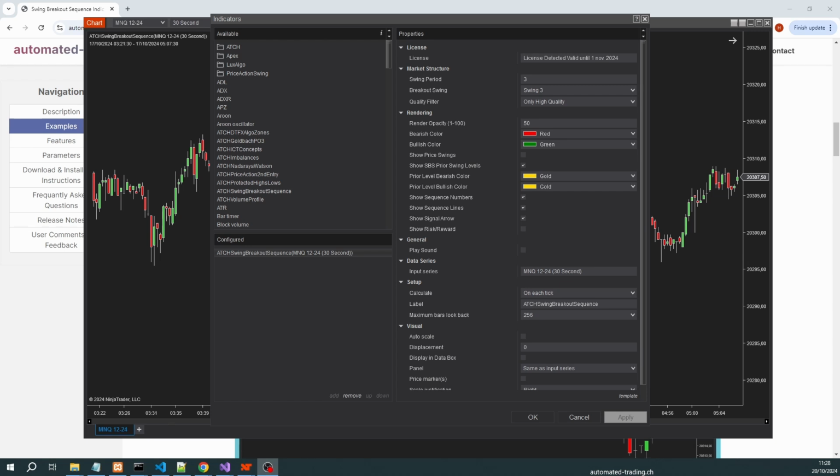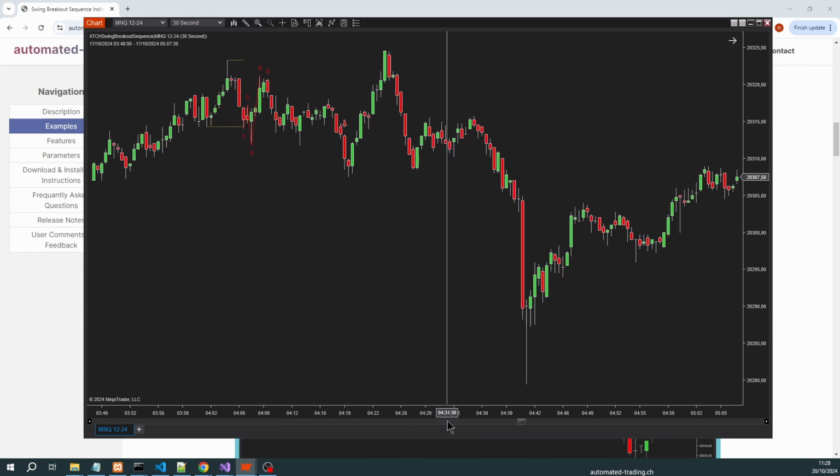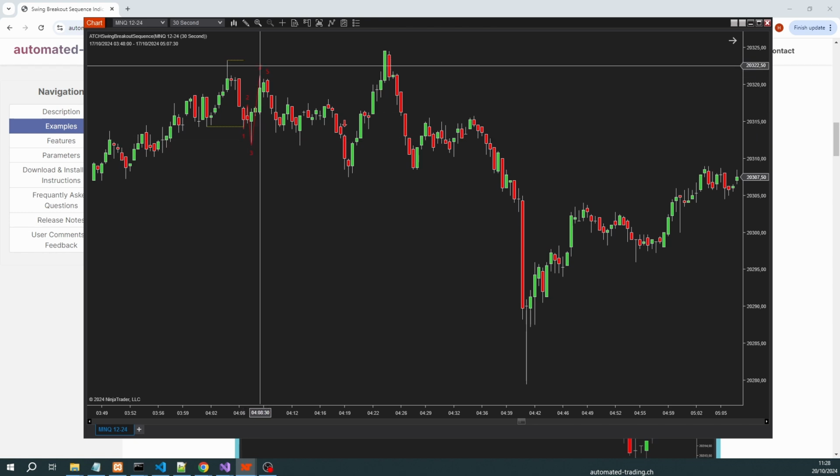Okay, so let me add the indicator to the chart. I'm going to change one parameter, which is the breakout swing. I'm going to explain that later. By default, it is set to swing 4, and I'm going to set it to swing 3. And when you add the indicator to the chart, you can see that the indicator will display those